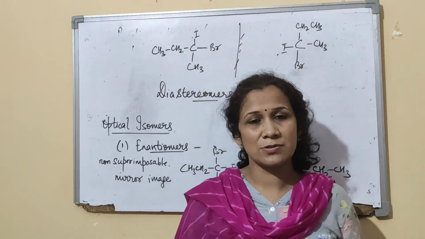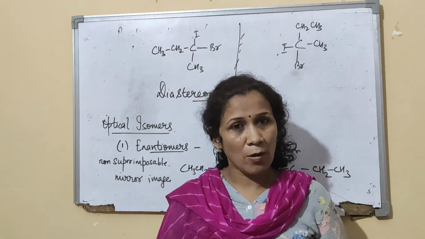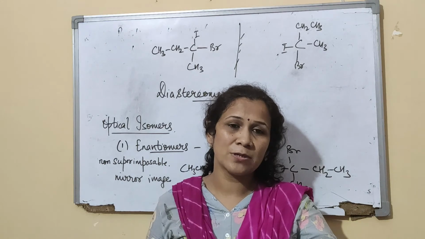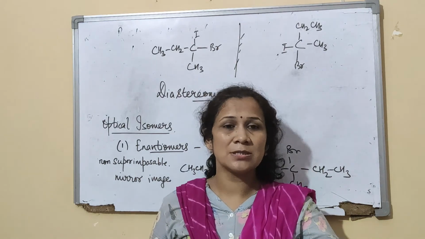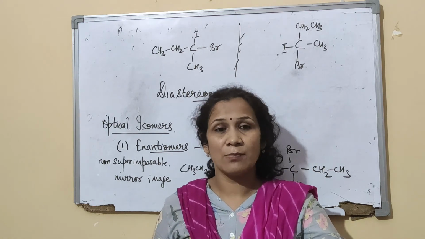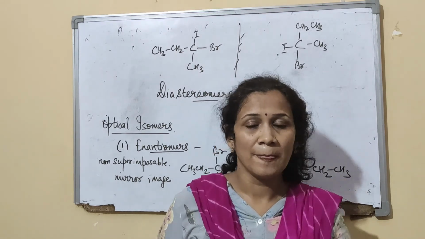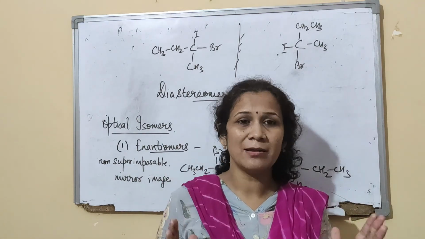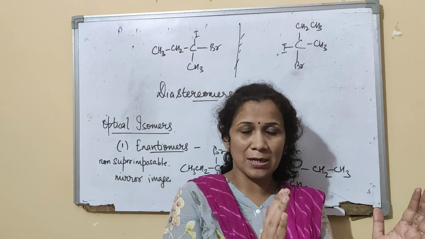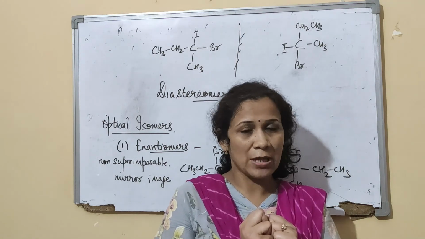So in stereochemistry, you need to know what is PPL, what is dextrorotatory, what is levorotatory, what are optical isomers, and how we generate PPL. Then what are the types of optical isomers, like diastereomers, enantiomers. Then one more will come: we will talk about anomers also when we study carbohydrates. So that is all about stereochemistry. You should be comfortable with these basic definitions and understand the basic concept. You should be able to point out which isomer is optically active, which is the chiral carbon. That is very important.